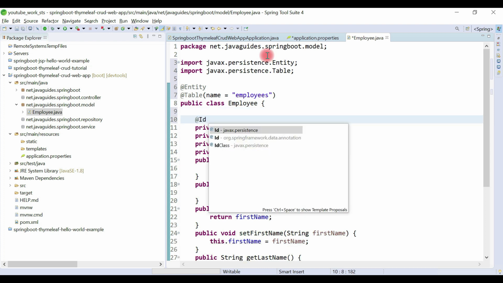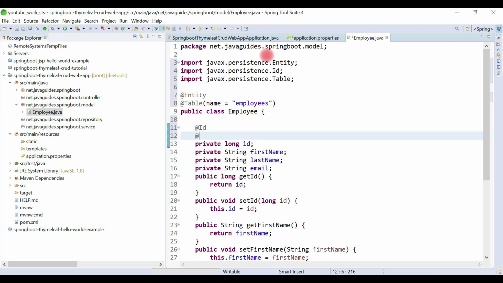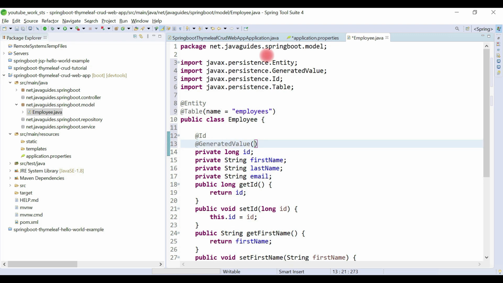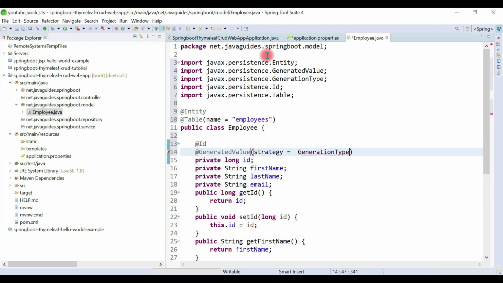Let's use the @Id annotation to provide the primary key of our entity. Let's use the @GeneratedValue annotation to provide a primary key generation strategy, strategy equals GenerationType.IDENTITY.